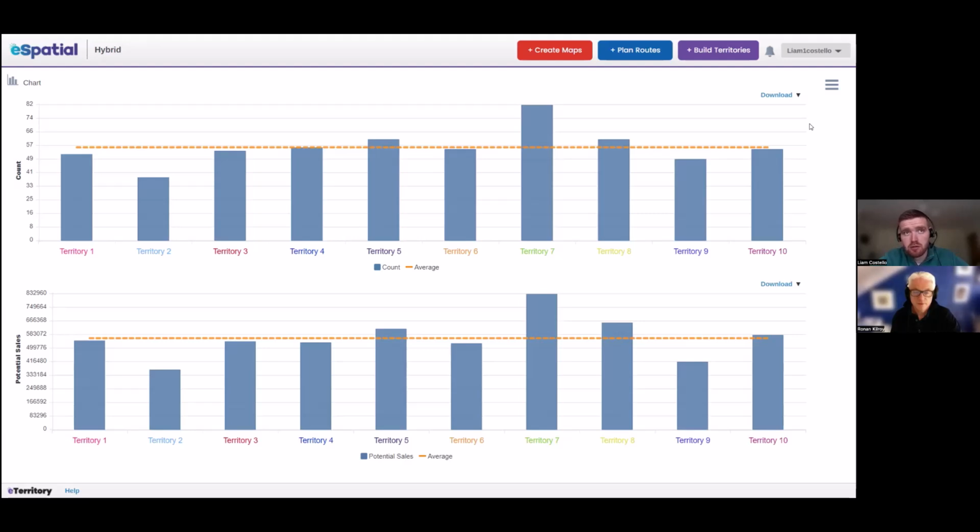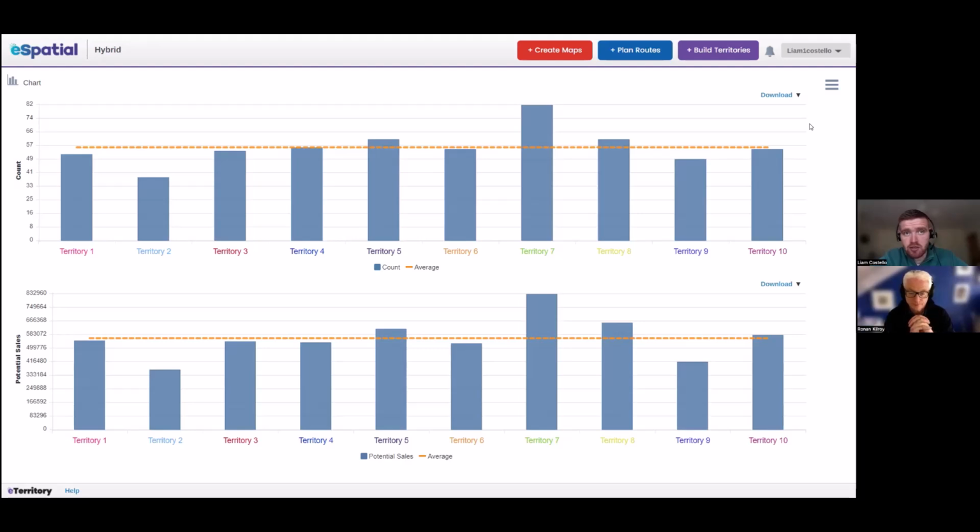What I mean is you and I could tweak our territories so that we both have 100 accounts, but my travel time, my workload, could be 5 hours more extra a week because the geographic spread of my customers is in more rural areas, so I'm traveling more, whereas yours could be all concentrated closer in a city. So that's why workload is a really powerful indicator of how each territory is performing.